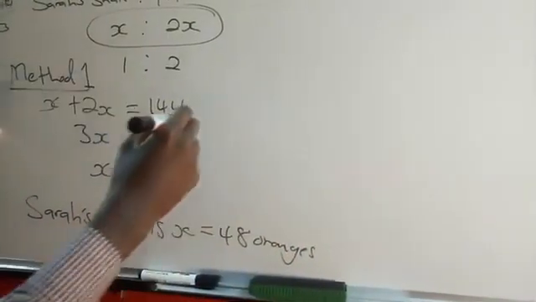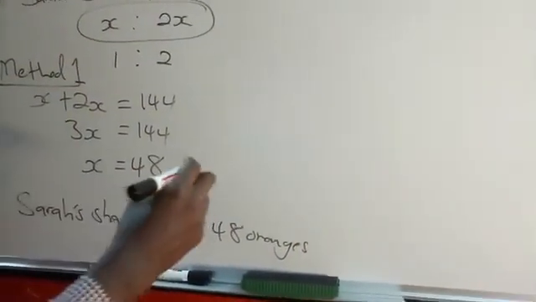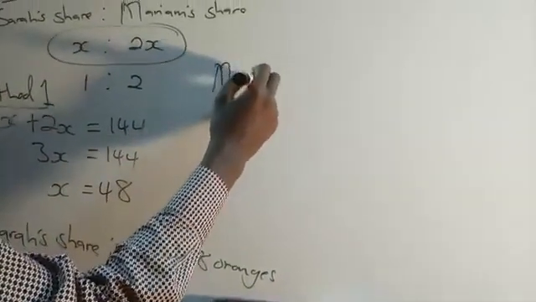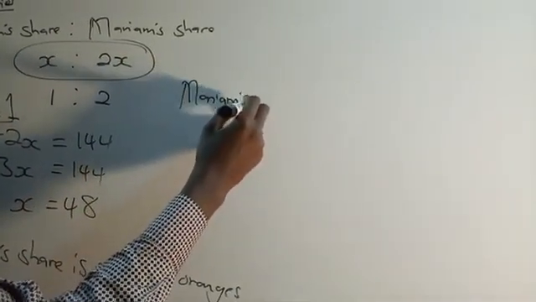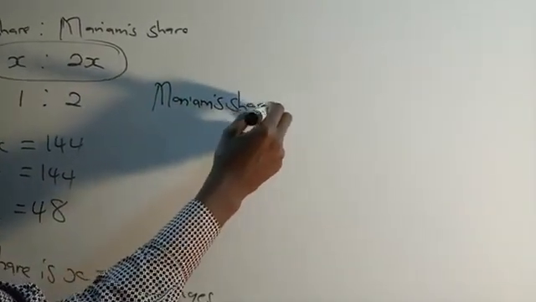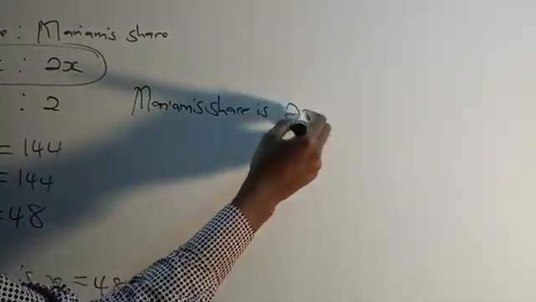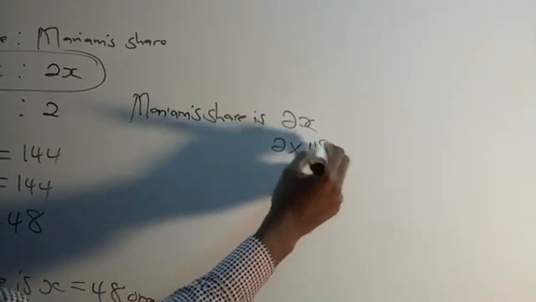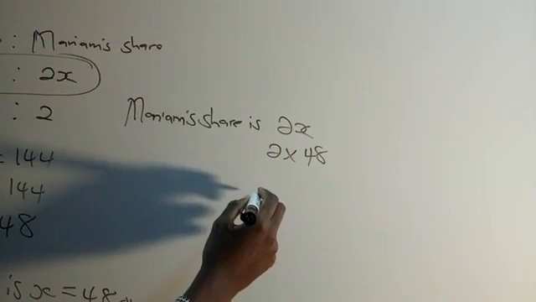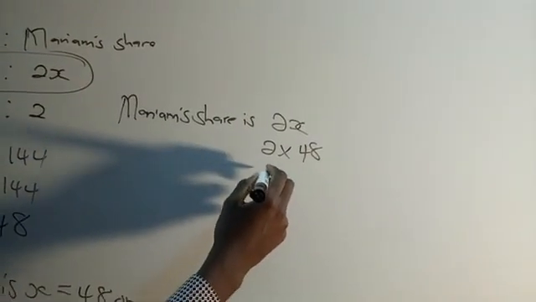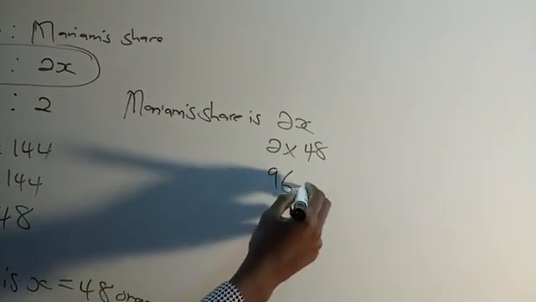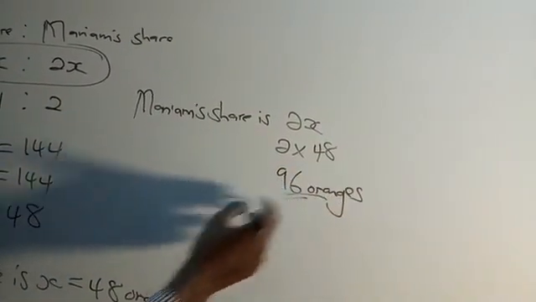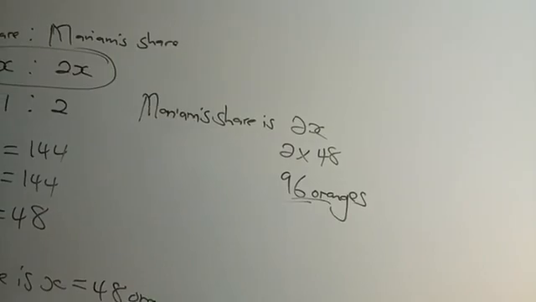And for Mariam's share, it is 2x, which is 2 times 48, becoming 96 oranges. So if we go to method 2,